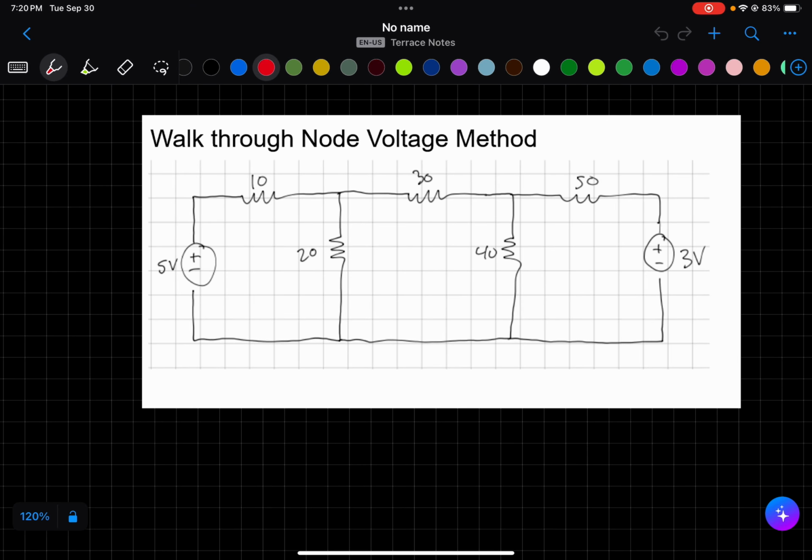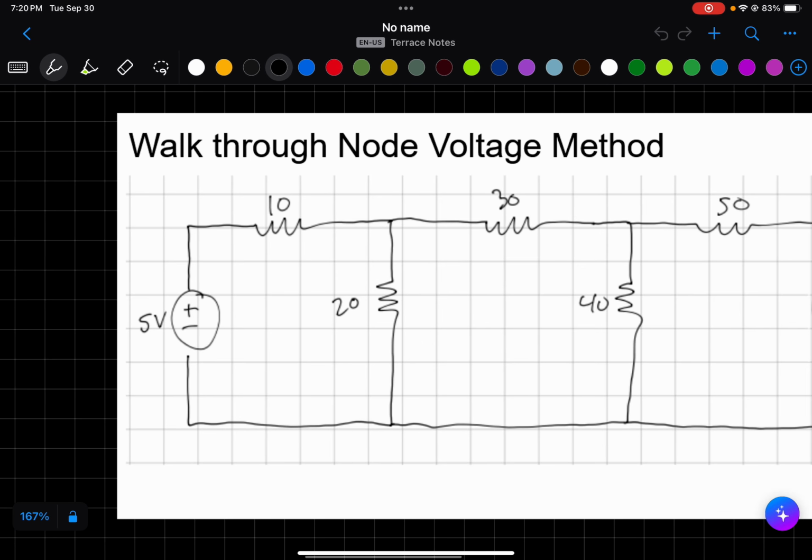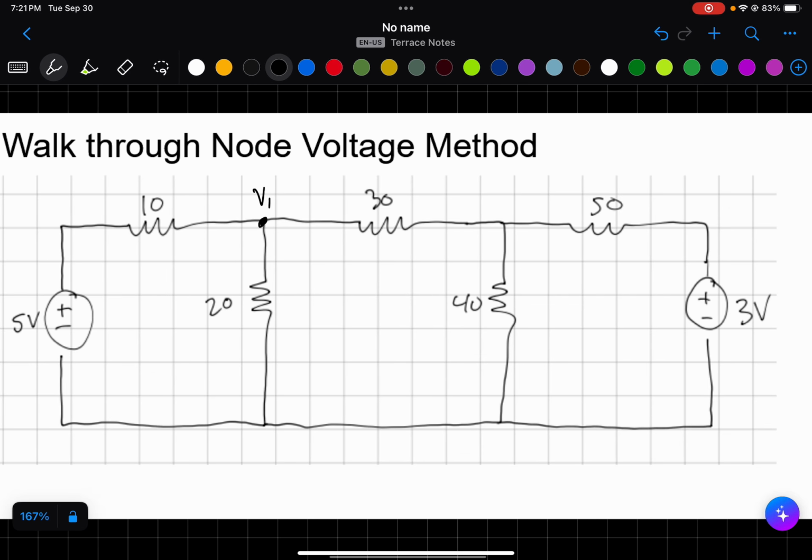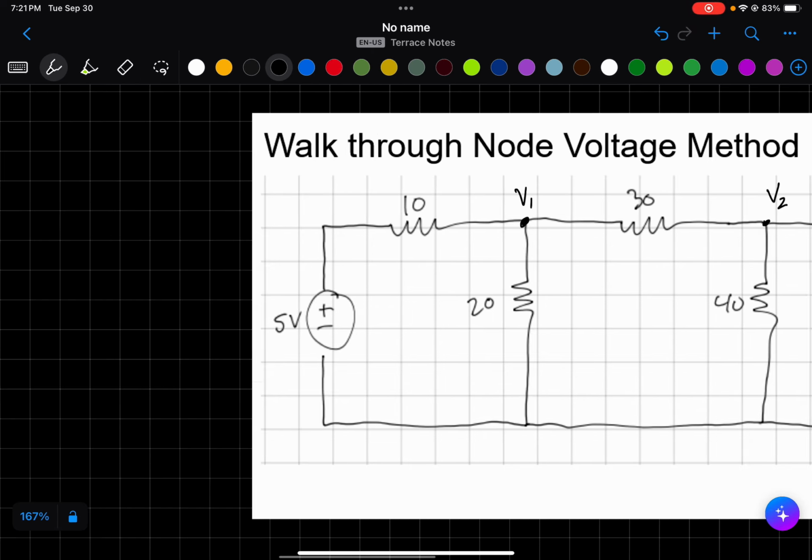Hello, today we will be solving the circuit using the node voltage method. So the node voltage method is a great way to solve a circuit with unknown voltages. So let's start off with naming our nodes. So we have V1 here and V2 here. They're both unknowns. We know that this node is 5 volts because the voltage